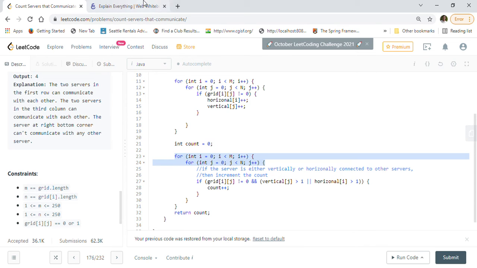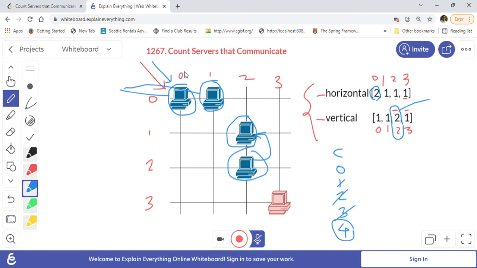Because we have to iterate through every cell in the grid from the starting cell to the ending cell, right? So the time complexity is order of m into n here, right? M into n is the time complexity, and space complexity is order of m plus n because we have created